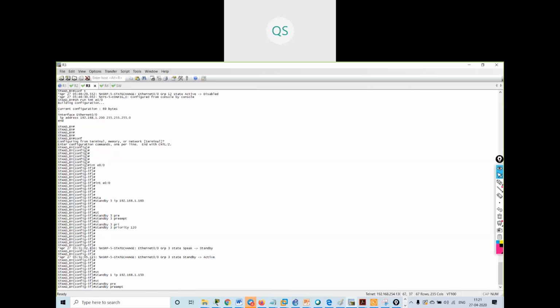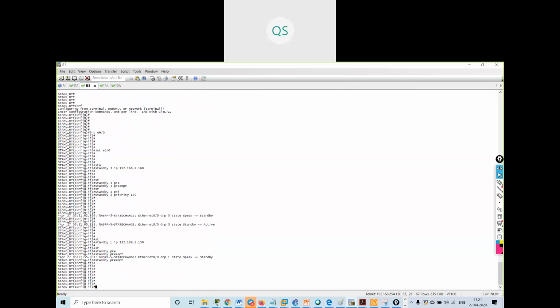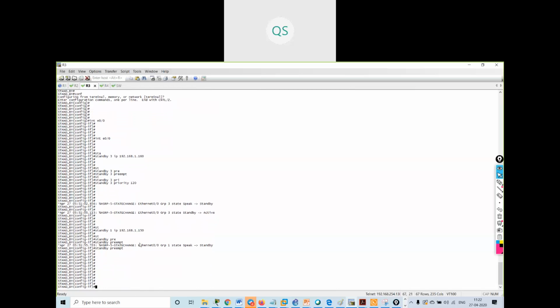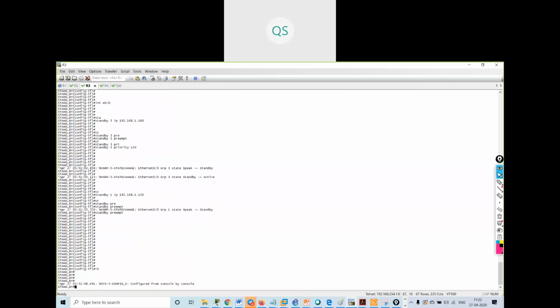This is my backup router for group 1, standby 1 for group 1, and it should preempt. Okay, so this is the configuration that I can do. Now how can I verify?